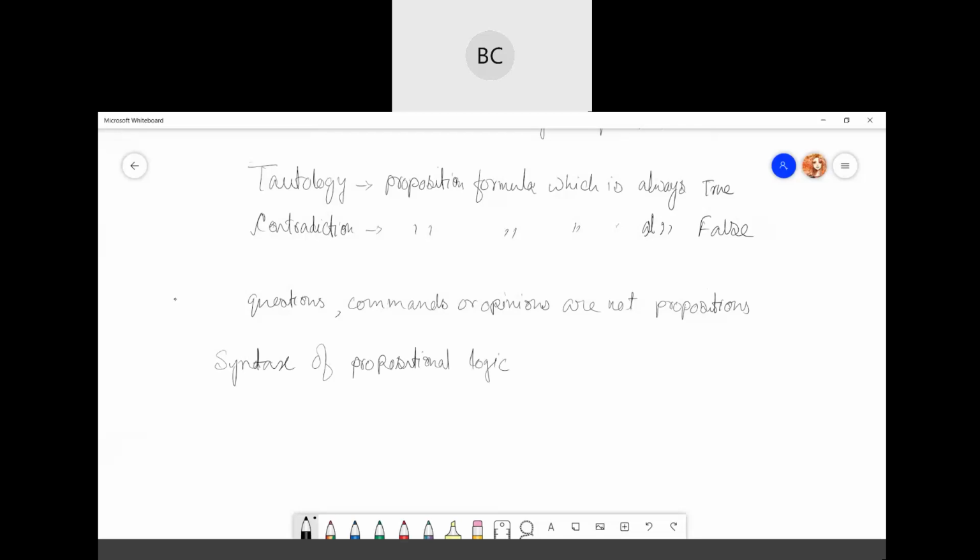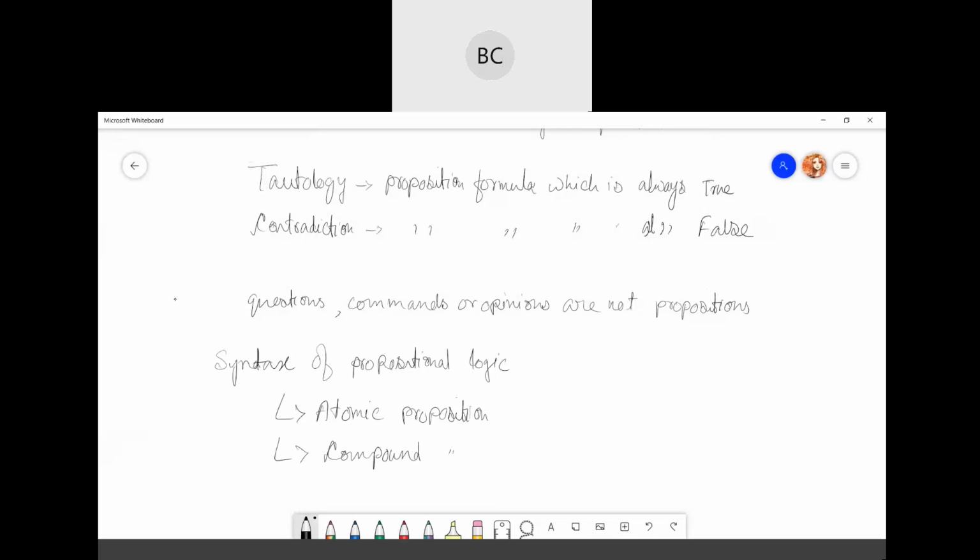Basically there are two types. One is atomic propositions, and the second one is compound. The atomic one is the very simple one.